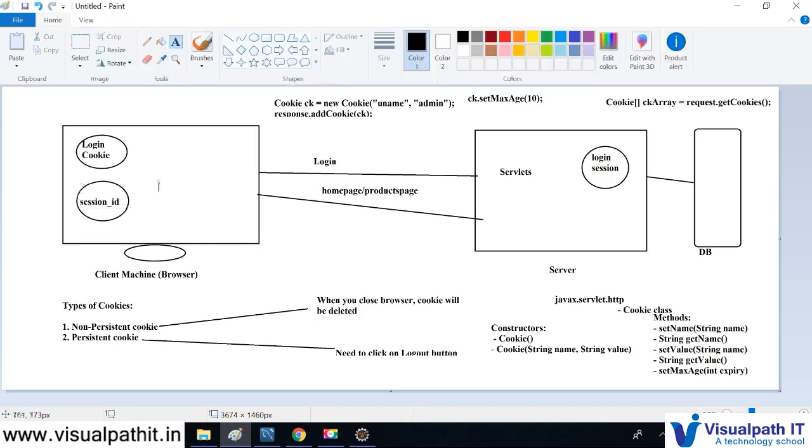So the session ID will be stored in a different location in the browser. If the user goes into specific settings and deletes it, it will navigate to the login page again. But here in login cookies, the whole data like username and password will be held within the user's client browser itself. But in terms of session, suppose in terms of cookie, you will be having